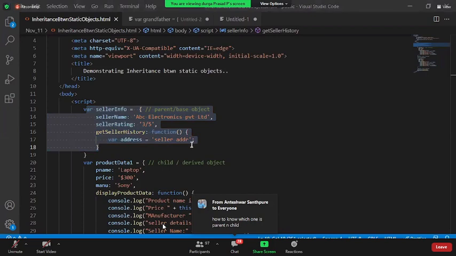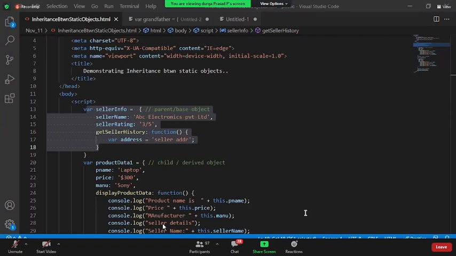For example, a real-time scenario. Say Amazon is one of the companies. You know that Amazon does not own any of the products. Amazon is just a place, a company, helping multiple sellers come to a single location and sell their products. When I am a seller going to Amazon, I have the seller data and I have the product data.